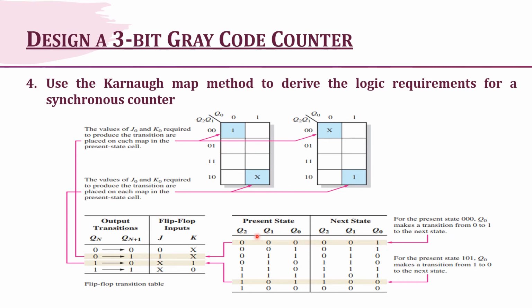So for a 0 to 1 transition, the J value is 1 and the corresponding K